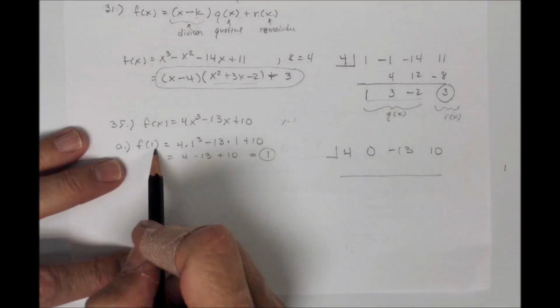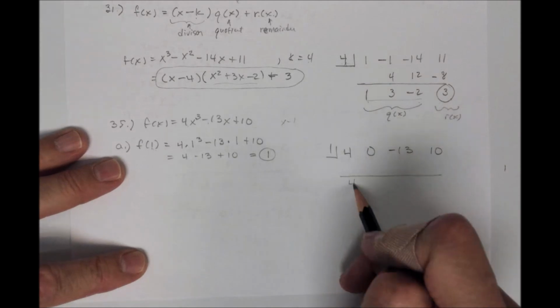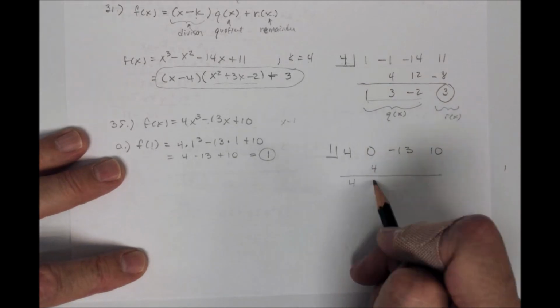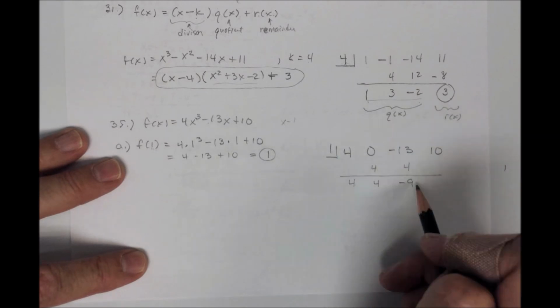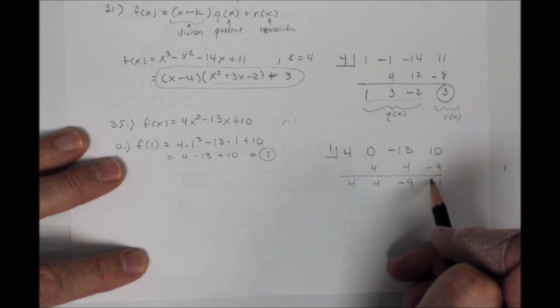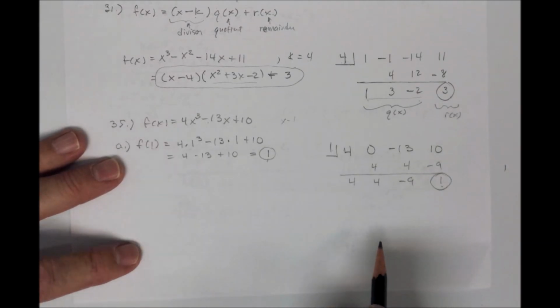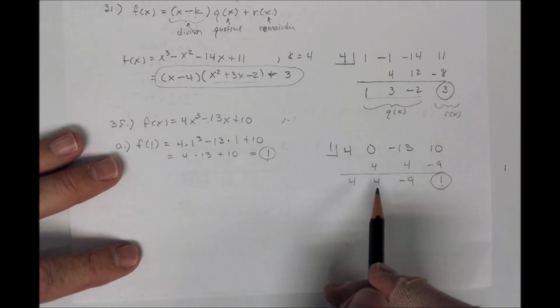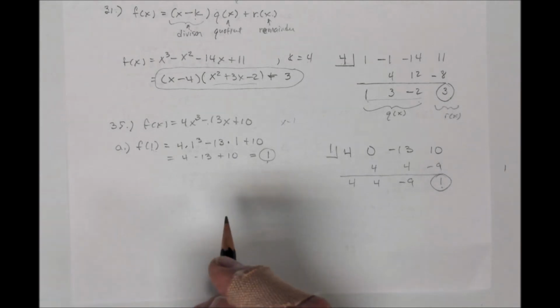And my value that I plug in is a 1, so I'll put a 1 here. Bring the first number down, then you multiply, then you add, then you multiply, then you add, then you multiply, then you add. Look at my remainder, the same as that. And that will be true each time, as long as you can use this idea of what they call the remainder theorem. So now it says, use a graphing utility to verify the